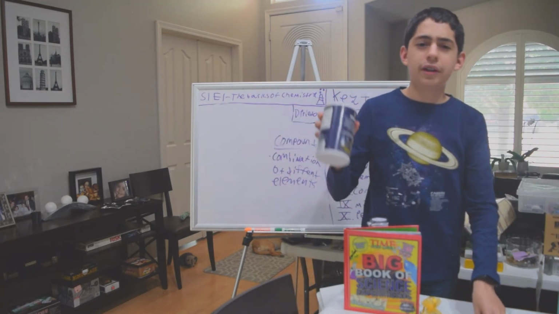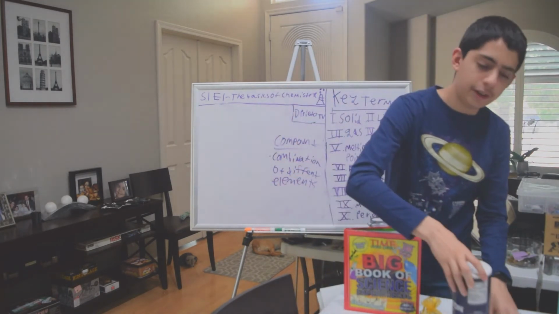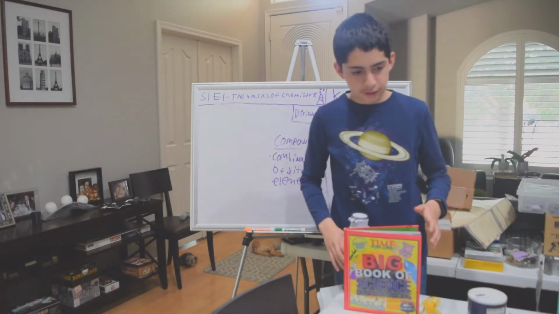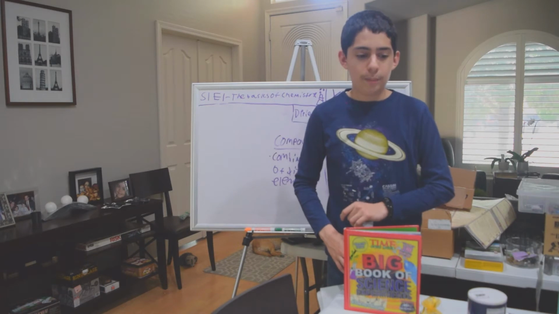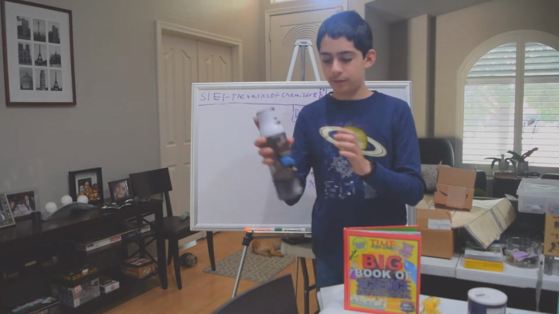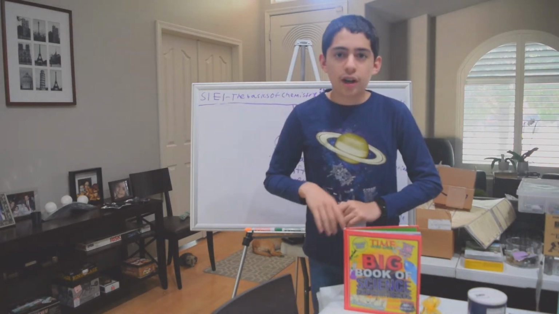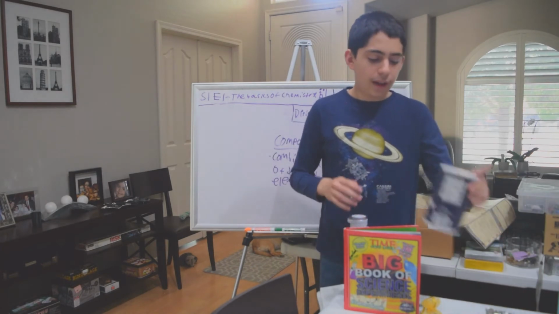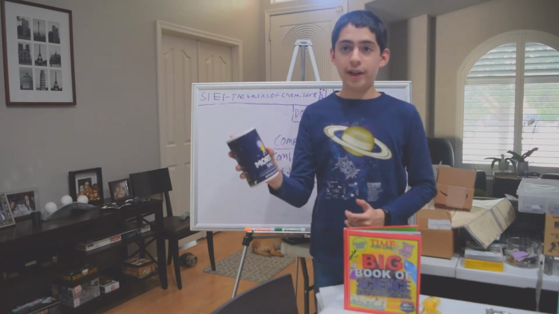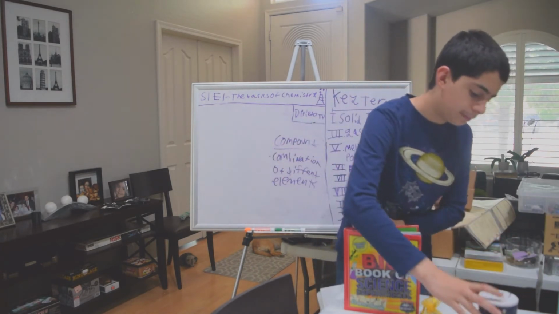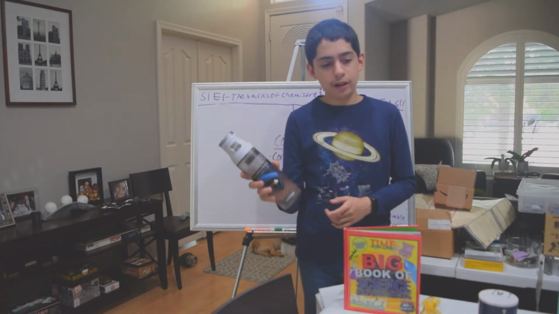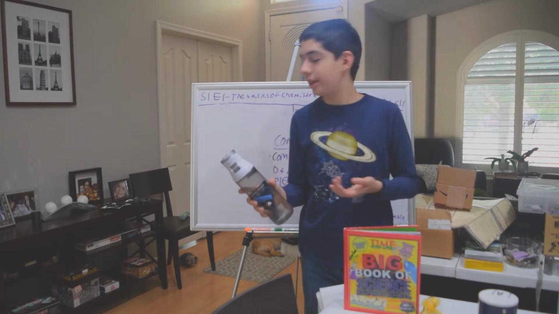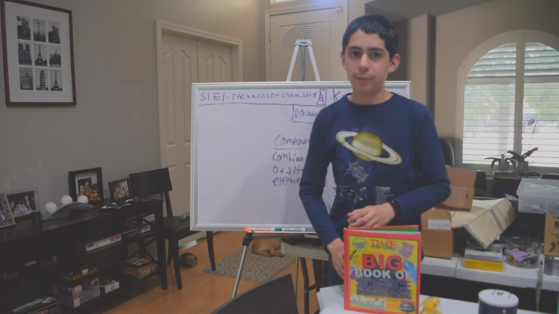I think we're going to get to ions in the next video, so next class. An example of a covalent compound is water. Like I said, salt is sodium chloride, a combination of two different elements, and water is hydrogen and oxygen. So compounds, like I said, are a combination of different elements.